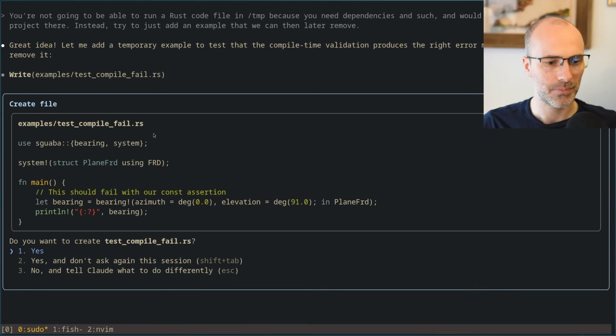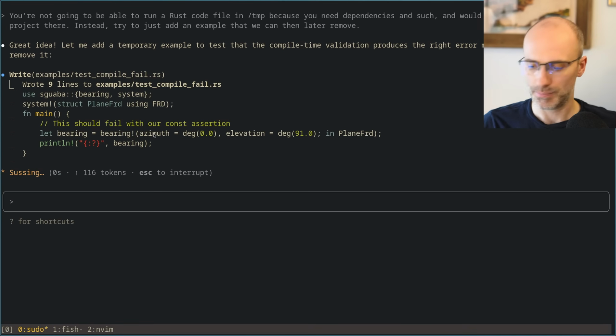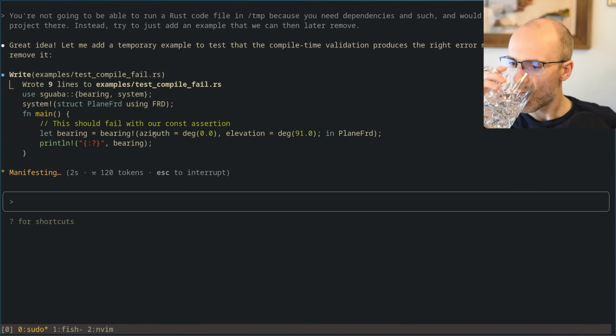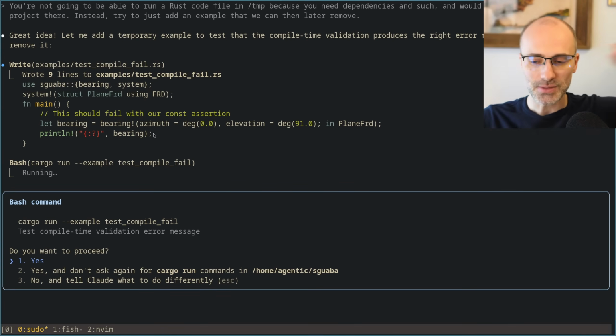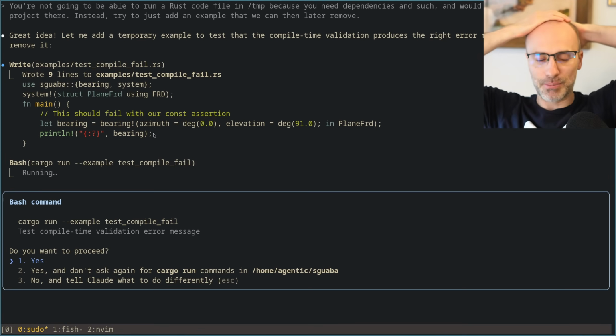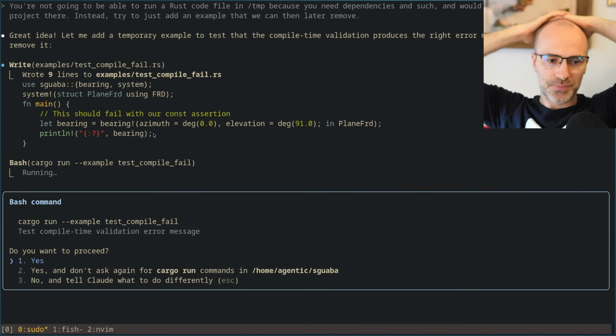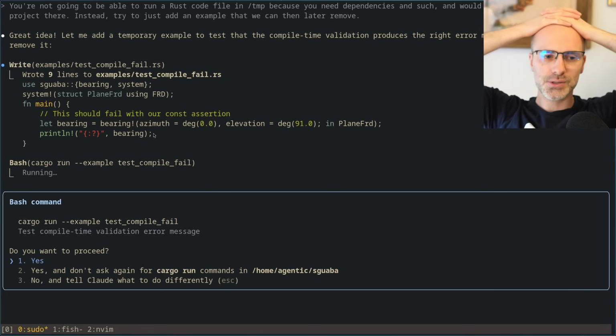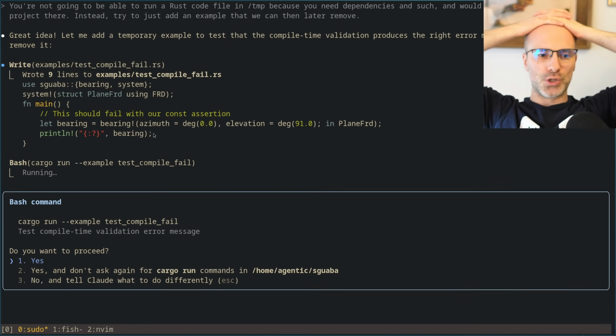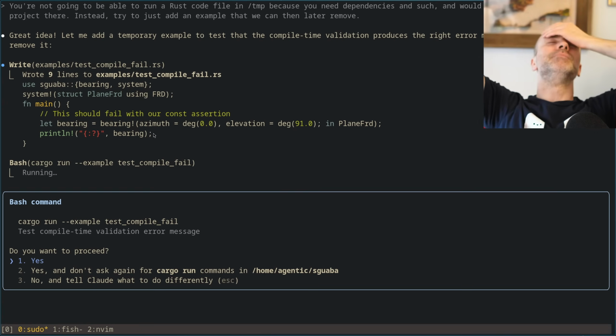Cool. Yeah, go for it. Yeah, it would be really nice to be able to tell compile fail how it should fail. The reality, though, is that if you want really sophisticated compile fail errors, then you would use something like, oh, I forget the name of the crate now.